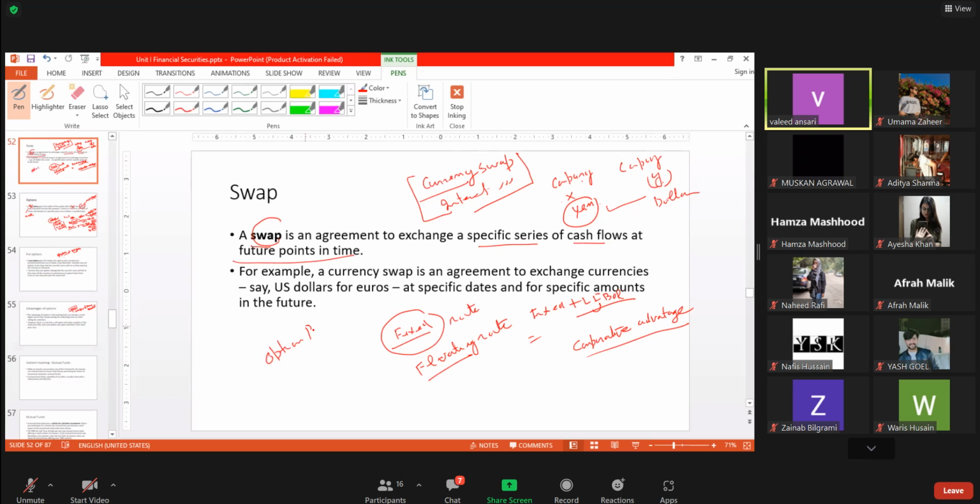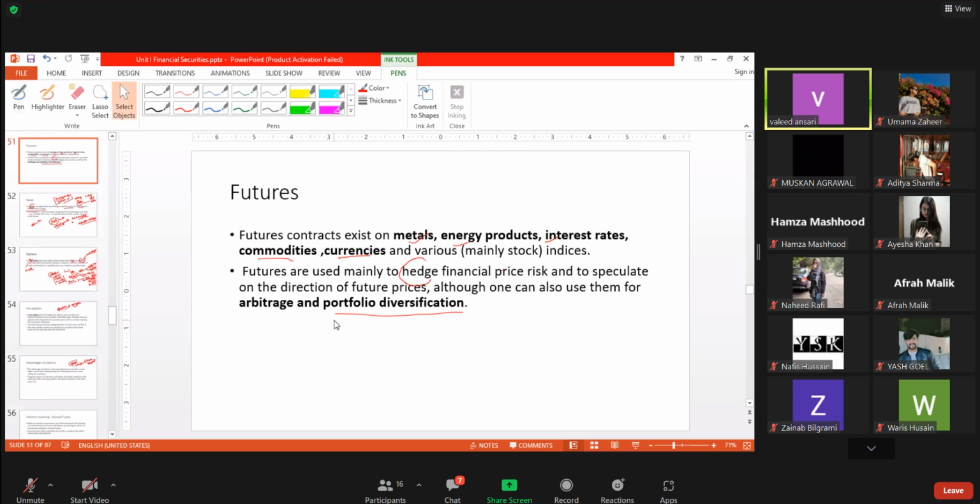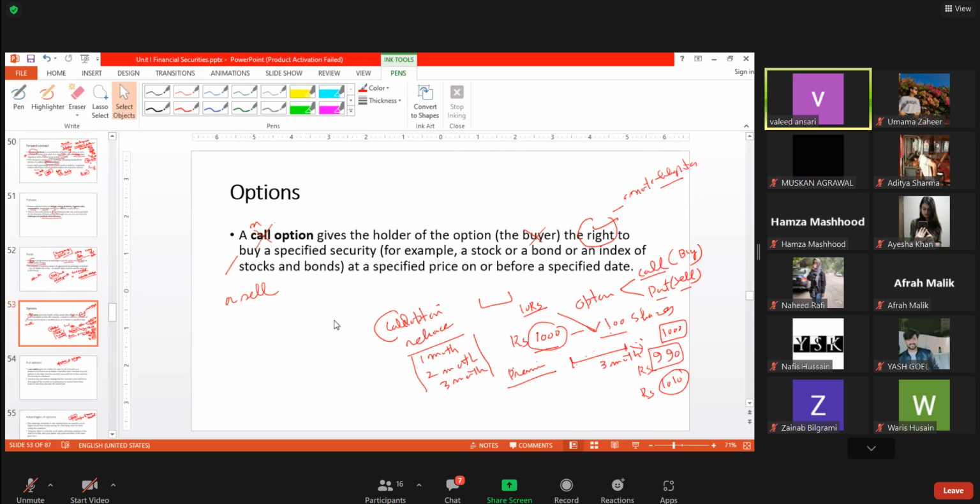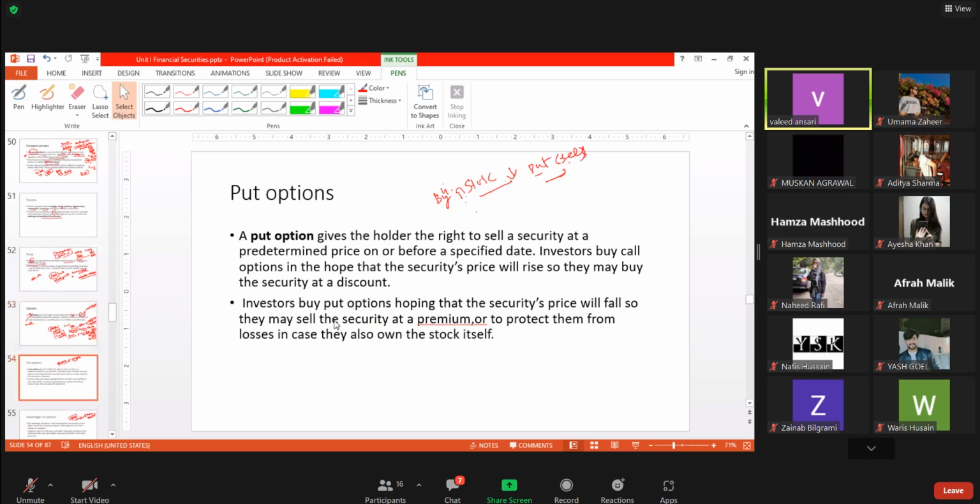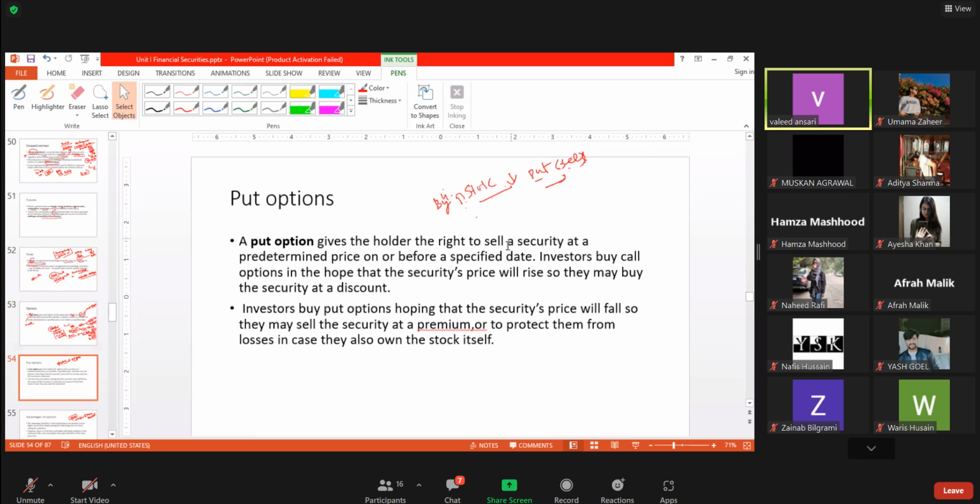Then there is option pricing: how much premium is to be charged? For example, when I was explaining this part, I told you that a premium is charged. This premium is a price. What price should it be sold at? You know that there was no formula for calculating option prices, and the breakthrough came only in 1973,